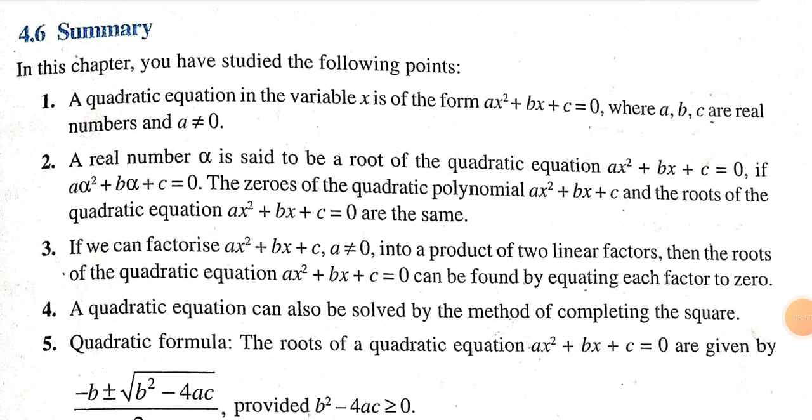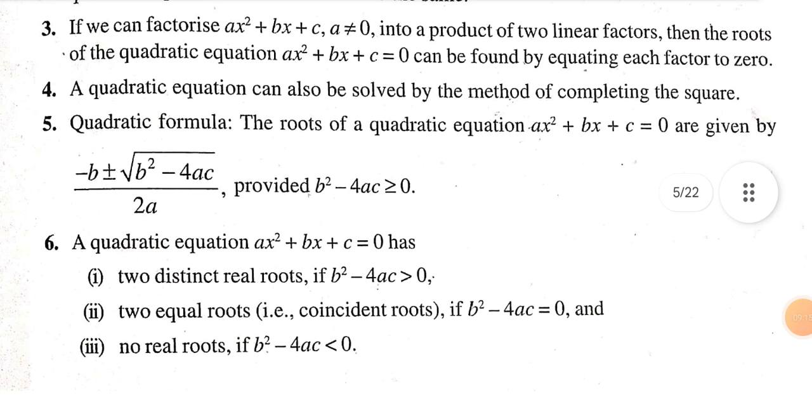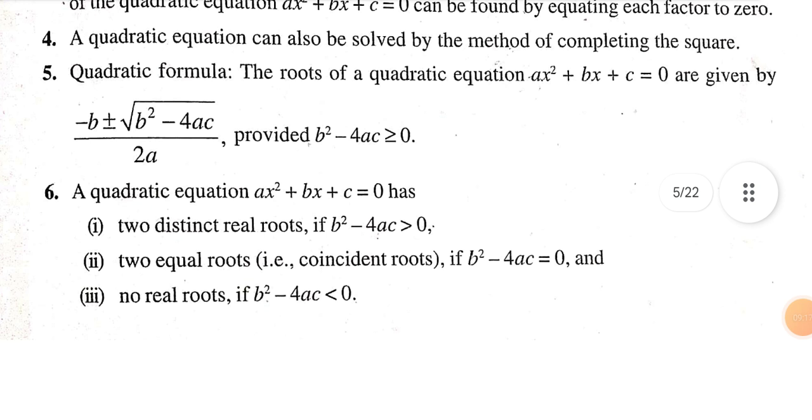3. If we can factorize ax square plus bx plus c, a is not equal to 0, into a product of two linear factors, then the roots of the quadratic equation ax square plus bx plus c is equal to 0 can be found by equating each factor to 0. 4. A quadratic equation can also be solved by the method of completing the square. 5. Quadratic formula. The roots of the quadratic equation ax square plus bx plus c is equal to 0